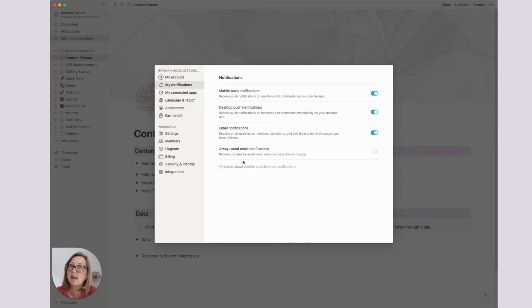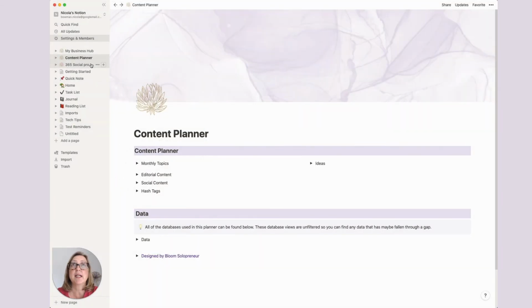So that's how you can set them. You can set them on pages. You can set them on specific database items, which is what I've shown you as well. And I've shown you how you can notify them. Now, another thing that you can do is